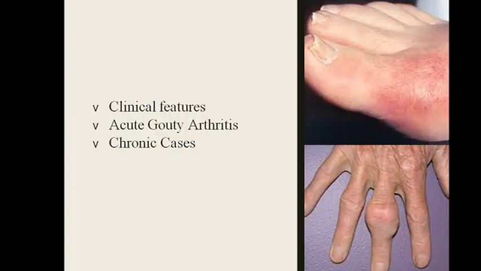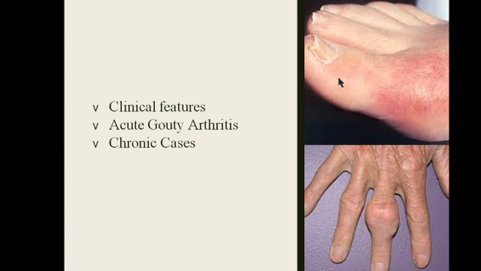And coming to the clinical manifestation, the patient can present with acute gouty arthritis. You can see the swelling and inflammation of the first metatarsophalangeal joint. The patient can come with acute, excruciating pain in the joint, the most commonly affected joint, but the other joints could also be affected.